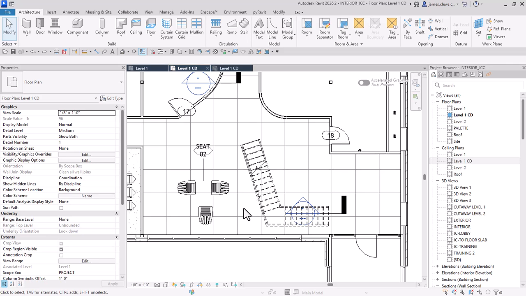Revit has the option to put line work in and also text in. You're generally trying to use a minimum of these options because it's not 2D drafting. You're trying to create a 3D model the way that it's going to be constructed. But just to show you, under Architecture,